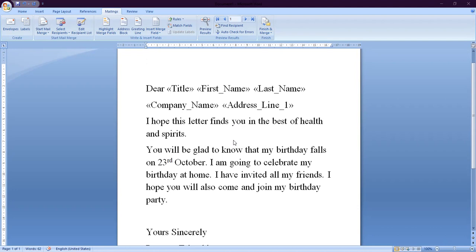One for Mr. Naveen Kumar LPS Bikaner, second one will be for Mrs. Ankita Gaur LPS Bikaner, third one you will find for Mr. Ram Chaudhary LPS Ajmer, and then you will find Mr. Vikas Sharma LPS Jaipur. So we have created the letter only one time, but now you will find that 4 letters have been typed because we have implemented the mail merge.